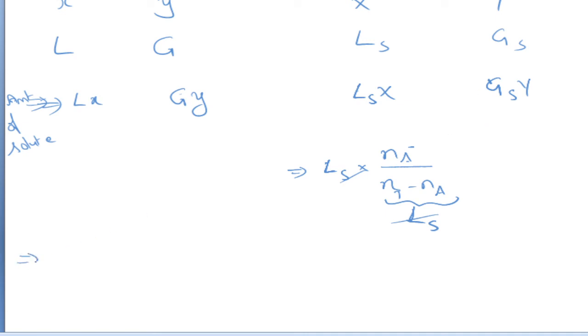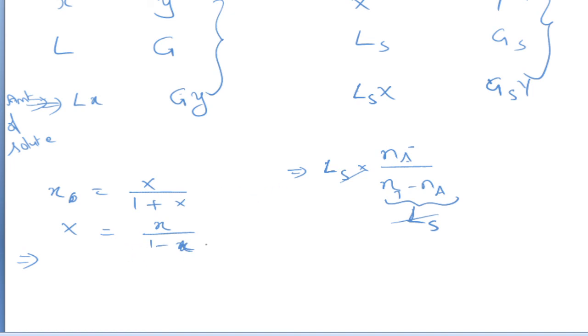Finally, to conclude, if you want to write the material balance in terms of mole fraction, you can utilize these terms. And if you want to write the material balance in terms of mole ratios, you can utilize these terms. We already know the relationships between mole fraction and mole ratio: x is equal to capital X divided by 1 plus capital X. And to write the mole ratio in terms of mole fraction, capital X equals x divided by 1 minus x. Similarly for the gaseous phase, you can write it down.